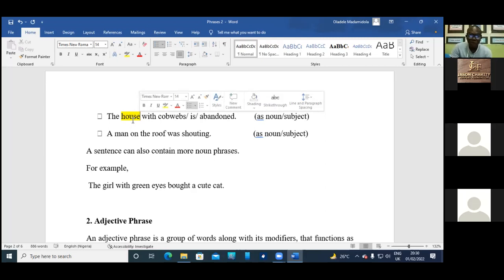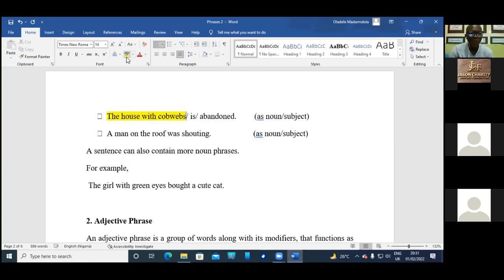And it is a phrase because it does not have a finite verb. In fact, there is no verb at all in this expression. So then what is the function? Because it is in the subject position, it will function as the subject of the what? Of the verb, is. Is that okay? Yes, sir. All right, so that's a noun phrase. Let's move on to the other example.